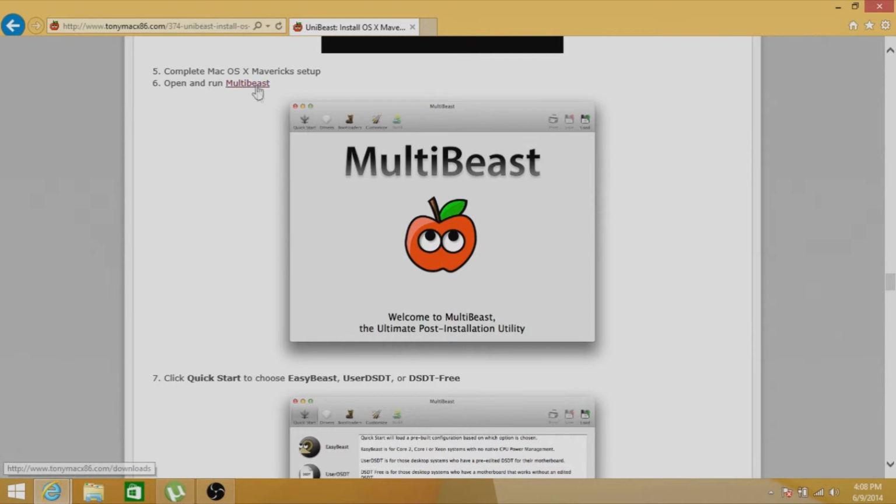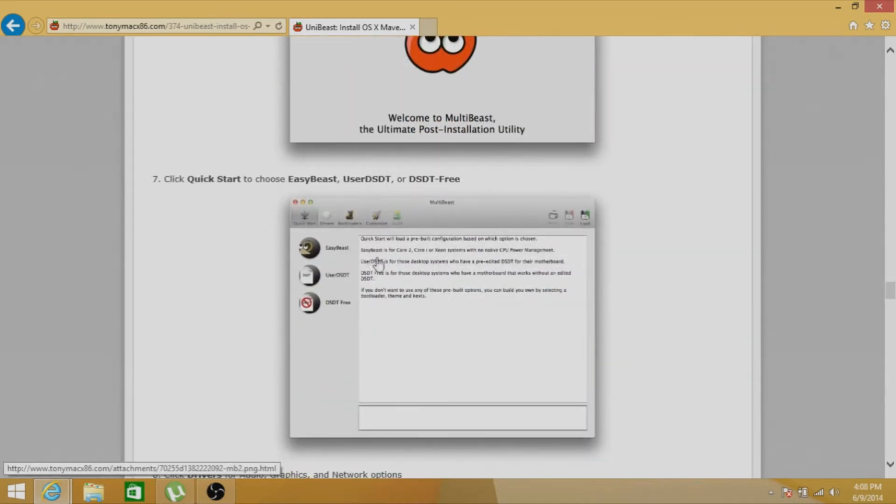So you'll be opening and running Multibeast, another utility they have, as well as they'll have all your kexts. If you don't have any kexts, you might have to download them if they're not supported here, and install them via your DSDT that you can get off here, or custom make one of your own. I'll go through that on a different video. So if you have a Gigabyte motherboard, you want to go DSDT-free because they'll have all the specific kexts downloaded already, and you don't need to worry about your drivers, but you will need to worry about your bootloader. Make sure your current bootloader is selected as the latest, and you want to click customize,